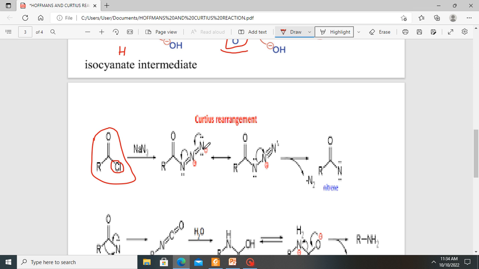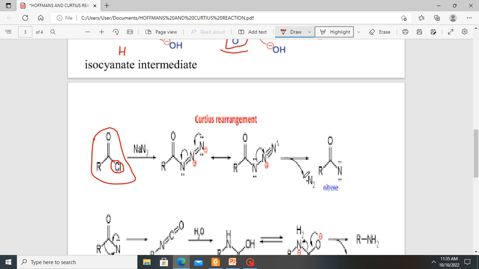In between these 3 nitrogens, there is possible resonance. So the pi bond can flip in here. We have 3 bonds here, we get 1 bond here. So the distribution of electrons between these 3 nitrogens is by resonance. We can get 3 bonds here, and also we can get 1 bond here in the same way as we see here. When we get the acyl azide as the next intermediate, the next reaction or the mechanism is